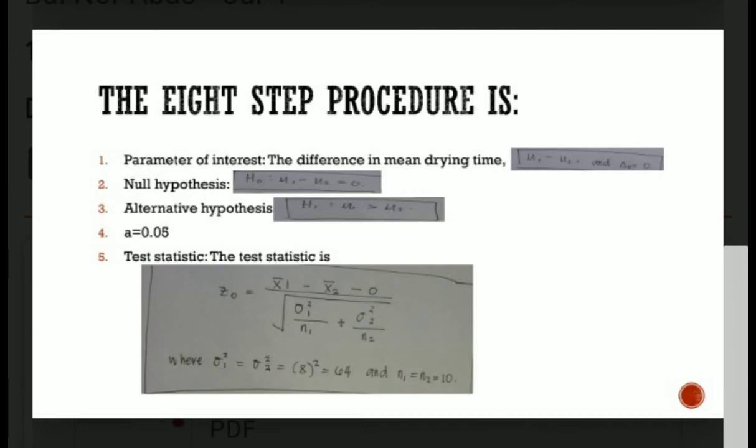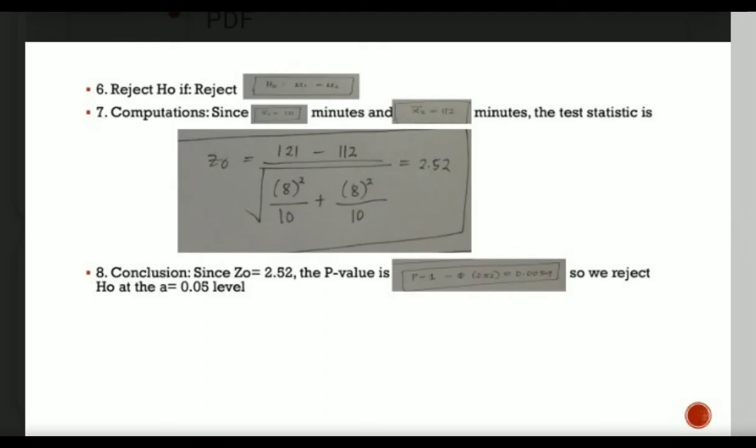Alpha equals 0.05. Then test statistic: reject H0, or the null hypothesis of no difference, if mu 1 equals mu 2. Computation: since x sub 1 bar equal 121 minutes and x sub 2 bar equal 112 minutes, the test statistic is